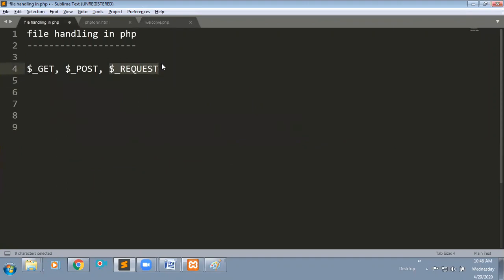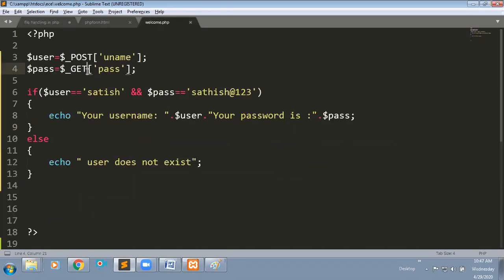This can read both types of methods, either the get method or the post method, whatever it is, it will read both data. Here, instead of post, I will use request. I'm just saving this file to see whether it will work or not.